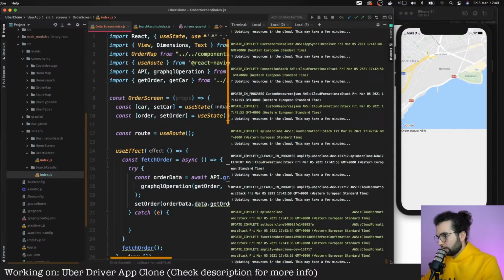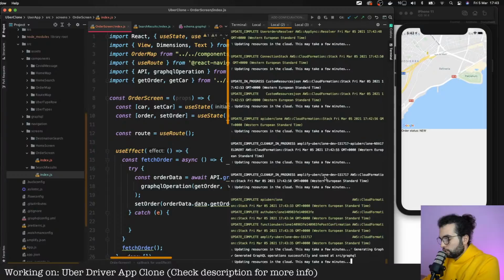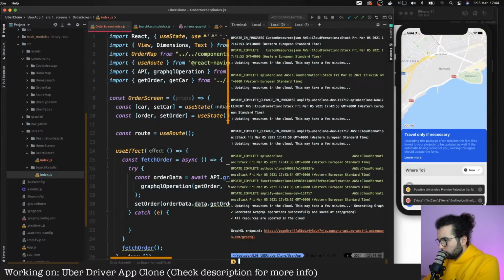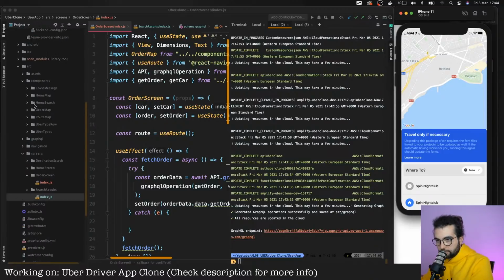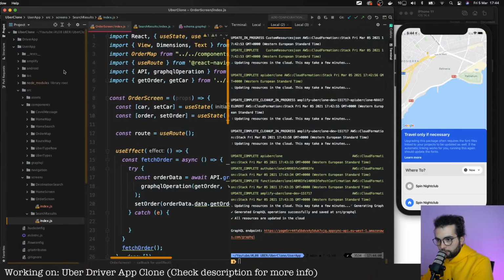Yeah, let's wait a couple of more minutes so it will update. All resources are updated. Right now, let's check our src graphql.